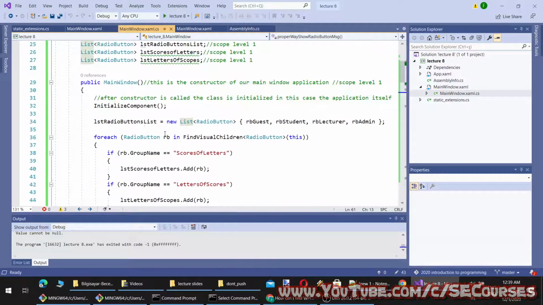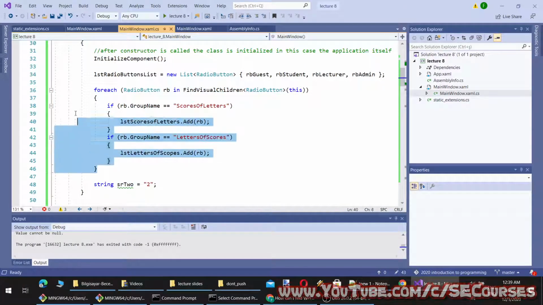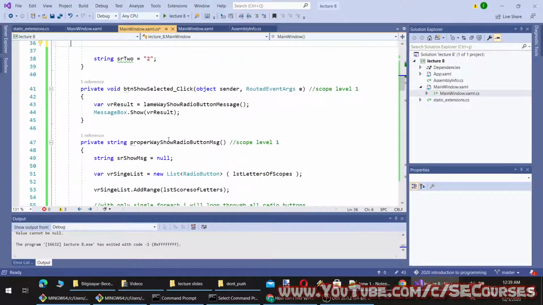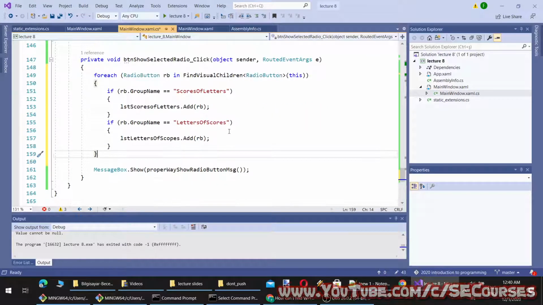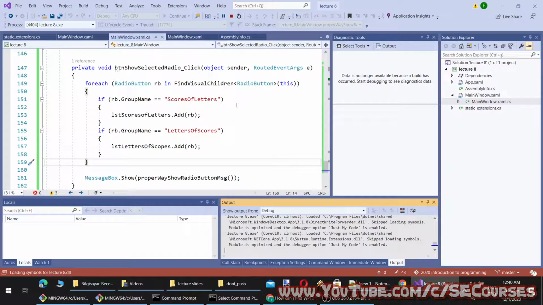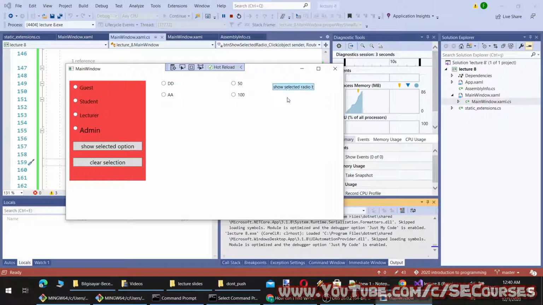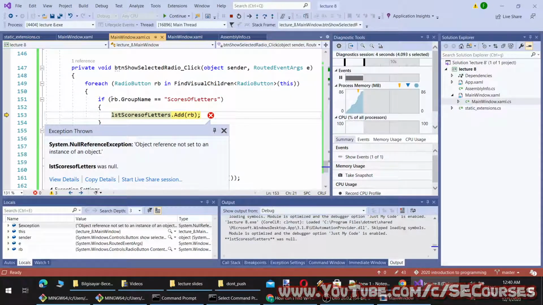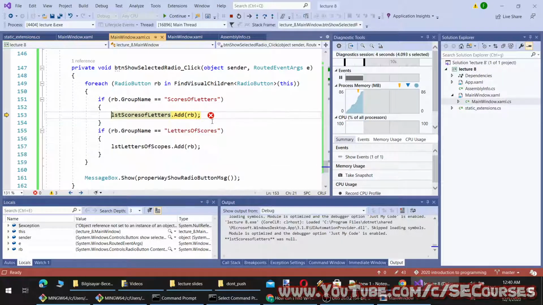So let's call it inside here. This should still initialize it. However, it would initialize it every time we click. So we will add a solution for it as well, but I have to be sure that it works. Okay, now it did find the radio button. However, now okay, now it works.